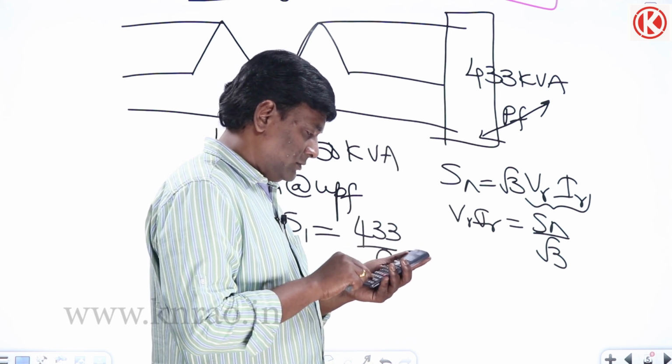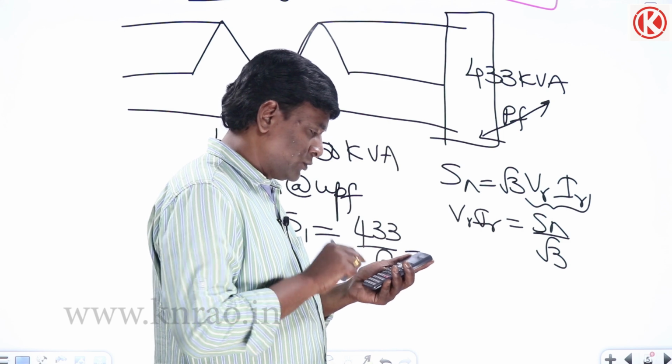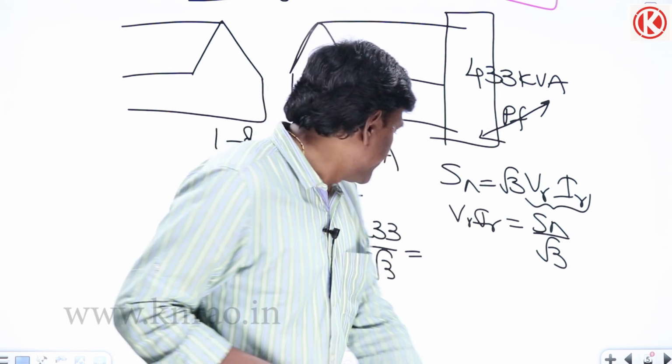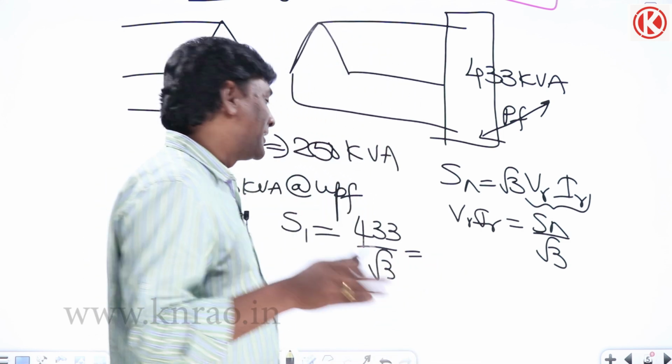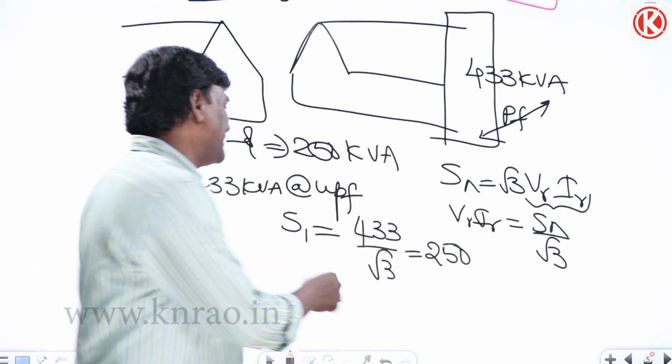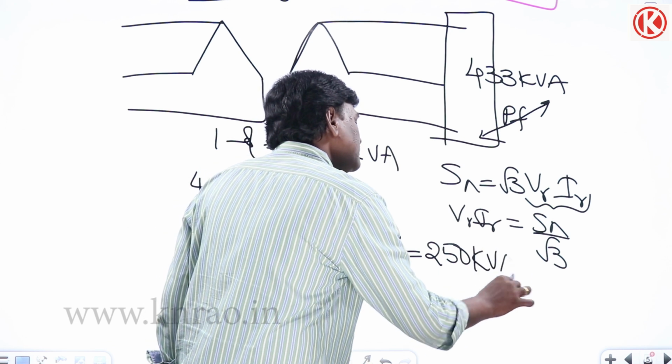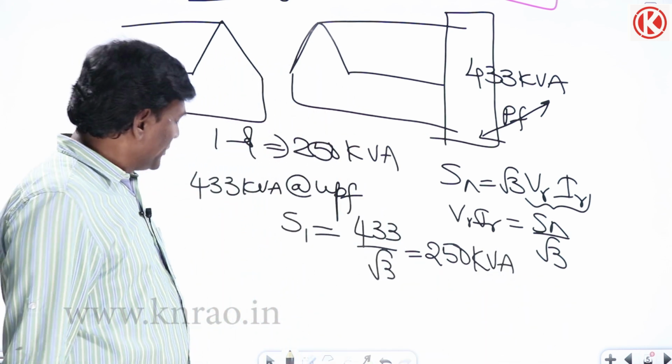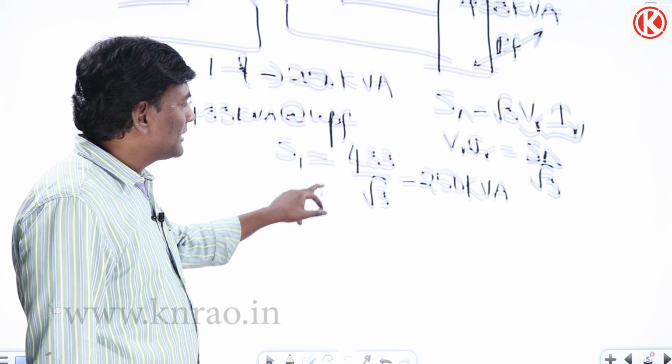How much will it be? 433 by 1.732, so 250. Oh, sorry, that is the rated condition only. I'm sorry, it is 250 only. Which means each and every individual transformer is fully loaded. So in this condition, at unity power factor condition,